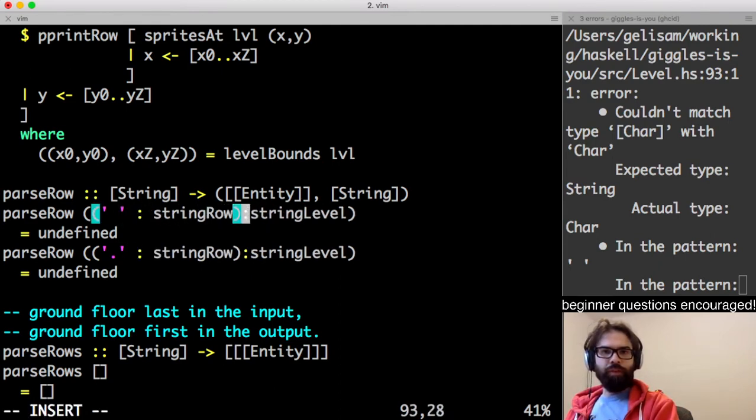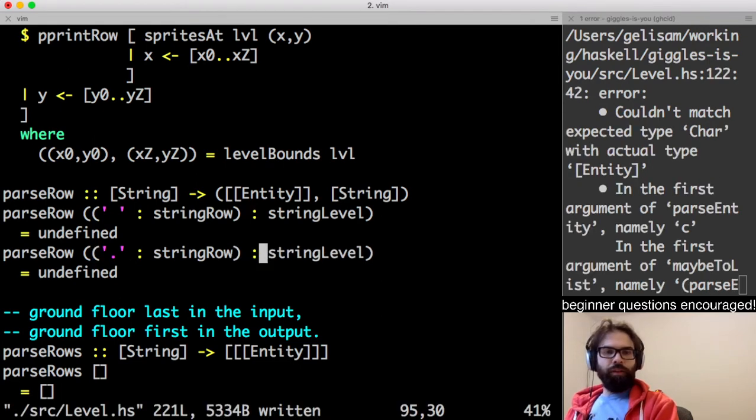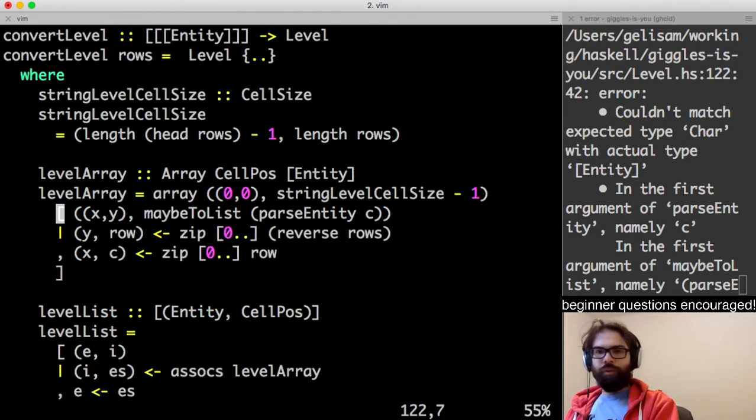Add more white space. Okay, so there's still some undefineds, but before we get to those, let's fix the type errors. So it's expecting that rows is a list of strings, and so here row, which is split up into C